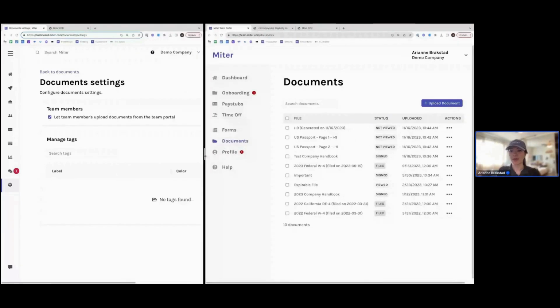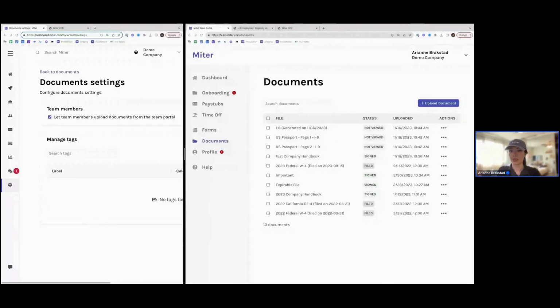And so switching from admin to personal portal, it is 2 different websites. In total, MITRE has 3 platforms. So the first platform is the dashboard. So that is dashboard.mitre.com. This is where admins log in. This is where you can have other managers log in. And this is going to be where you manage your timesheets, where you manage payroll, and where you keep all of your team member information and do general setups and configuration. So that's dashboard.mitre.com. Then we have the HR